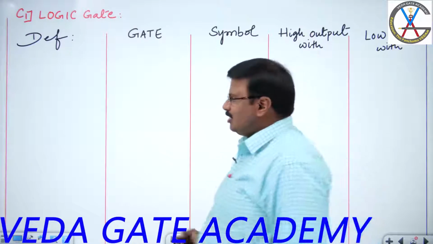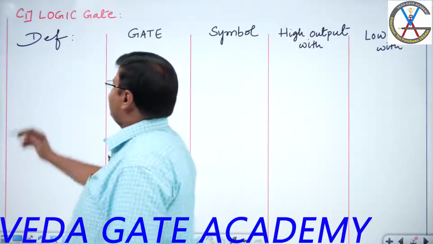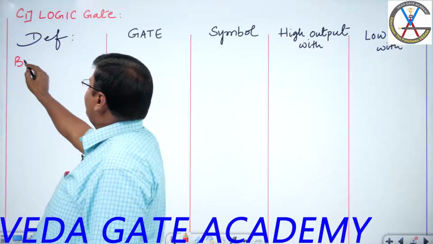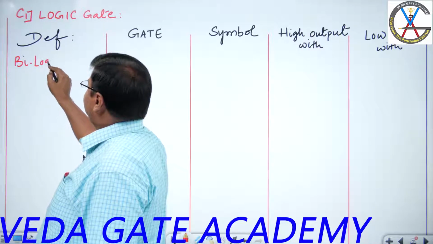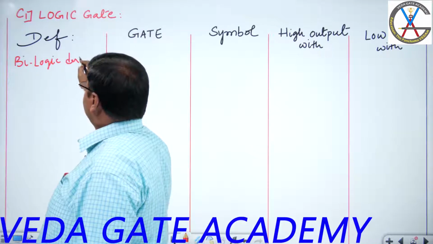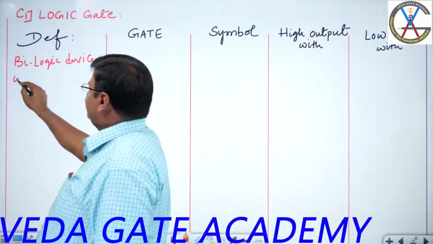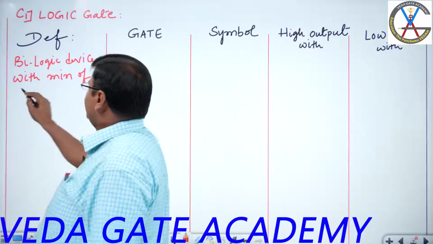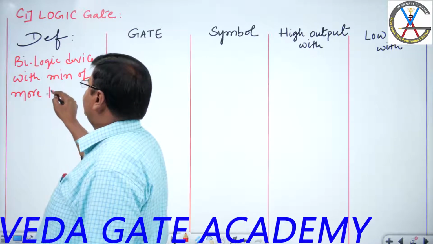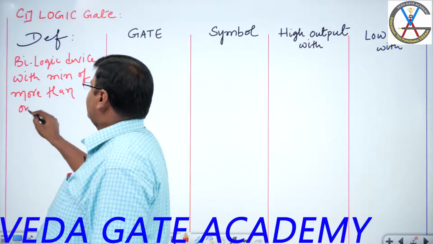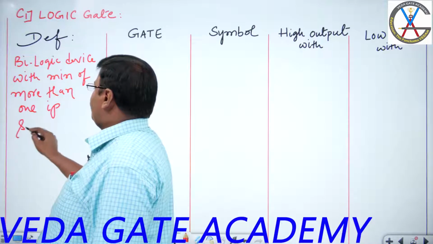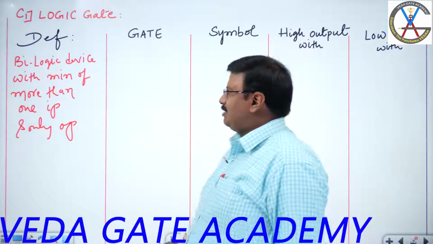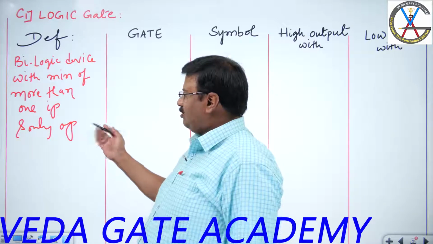Here, the concept is logic gate. The basic definition of this is: a basic bilogic device with a minimum of more than one input and only one output. I repeat, a basic bilogic device with a minimum of more than one input and only one output is the definition